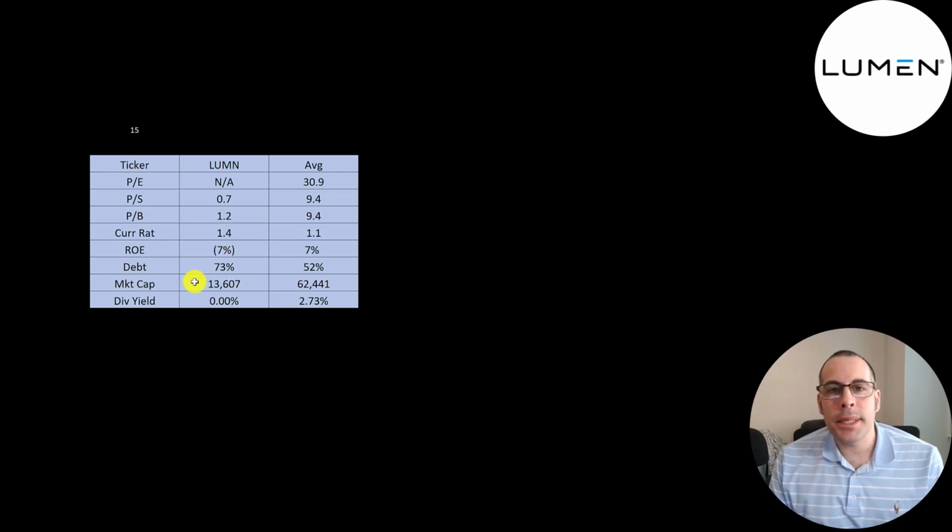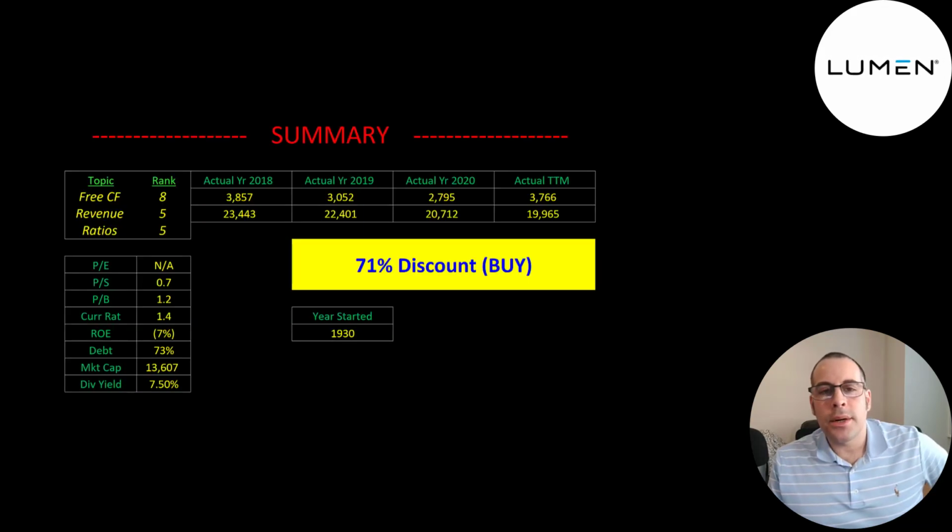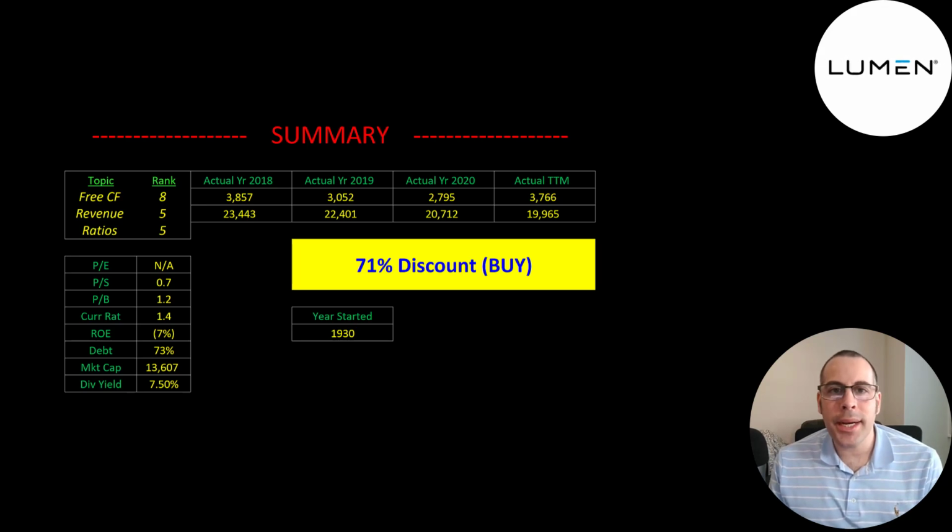One of the big concerns with lots of investors is their high amount of debt. But their market cap is so low compared to how much cash flow they're bringing in. Look at the operating cash flows of similar companies as a percent of their market cap, and you'll see what I mean. So to summarize, I have them trading at a 71% discount,